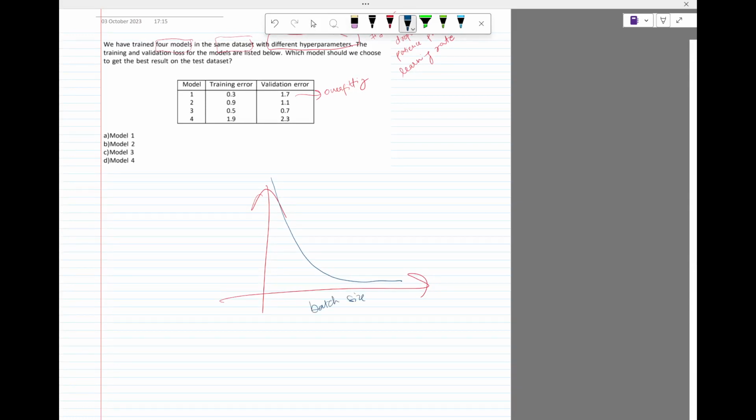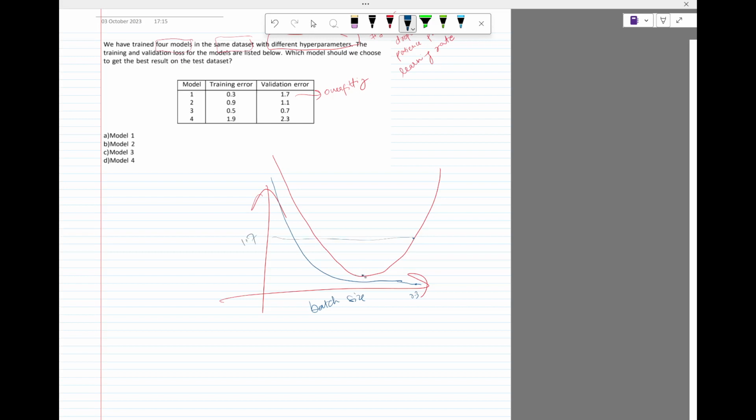Batch size is also a hyperparameter, and this is your validation error. So the point 0.3 case can be, here you have 0.3 and here you have 1.7,